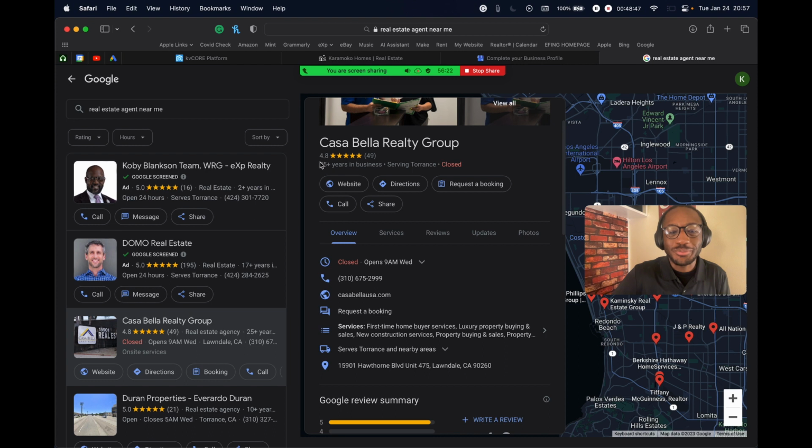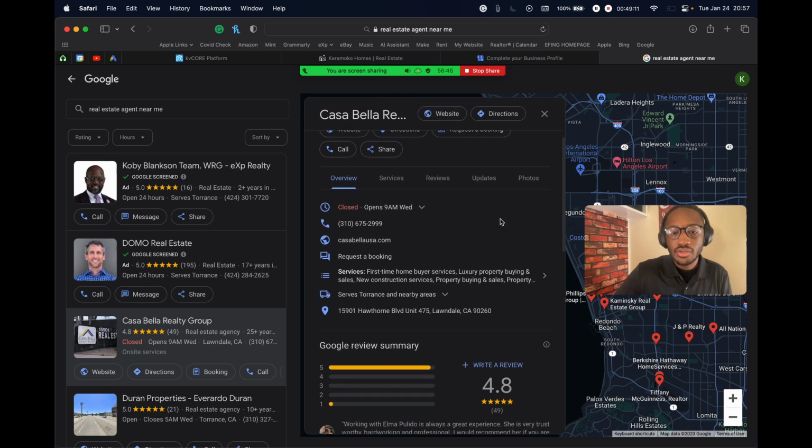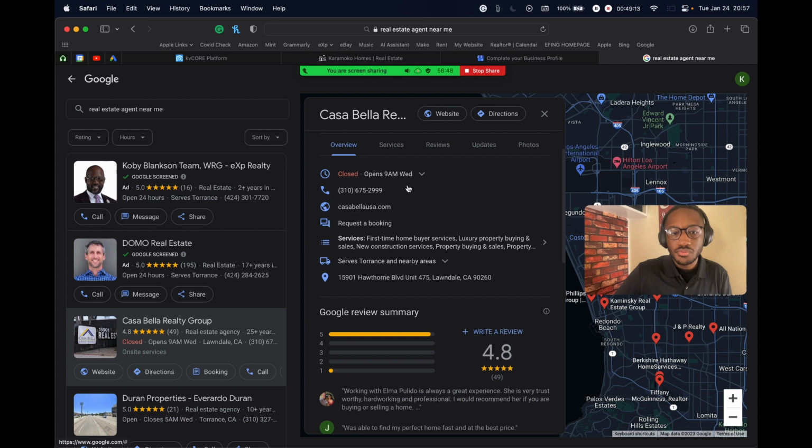So you'll be able to see all the reviews, the hours, website, you can call them, get directions, you can even do bookings. Some of the features you won't be able to enable right off the bat until you verify your business, and that means the piece of mail you're going to get with that code. So you'll be able to set everything up, but you won't be able to do the booking and a few other things. And if we go down, as you can see, the phone number is here, the website is here,